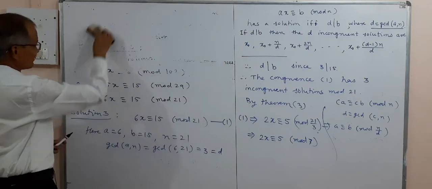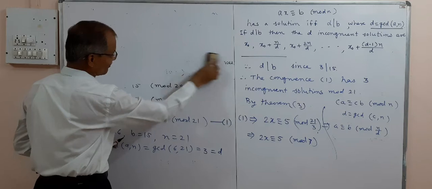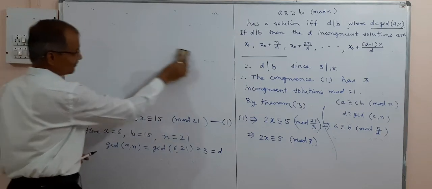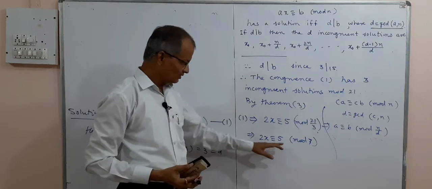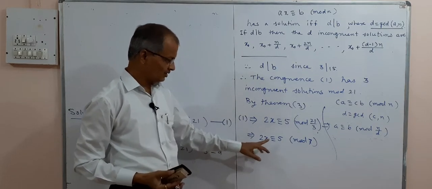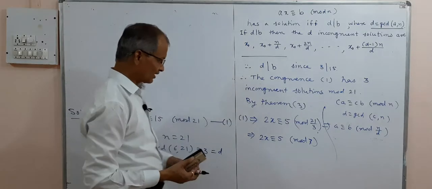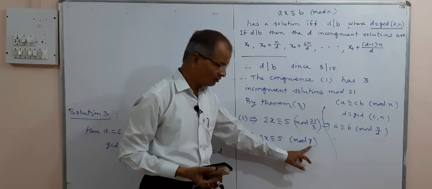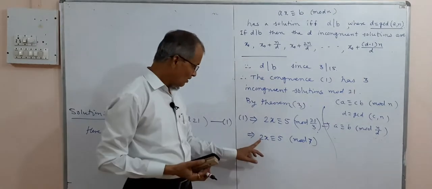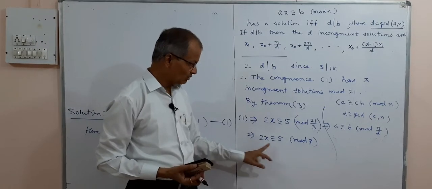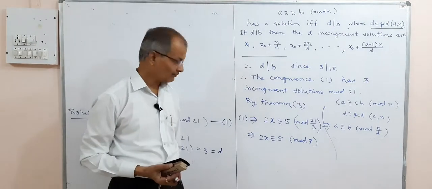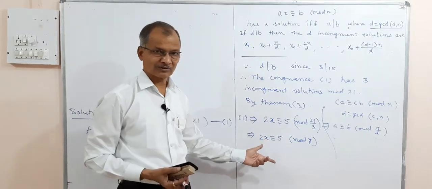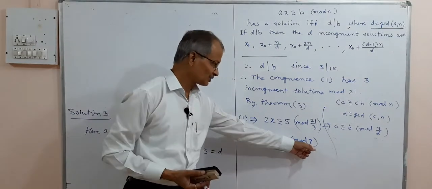Try using the different values of x, starting with 0, 1, 2, 3, etc. But you see 2 times 2 is 4, which is not congruent to 5, then 3 gives 6, and so on. That can be tried. But again, as in the earlier problem, here the modulo is 7, and we look for which multiple of 2 is close to 7, or one number more than 7, that is 8,